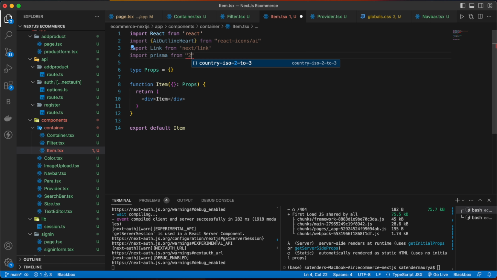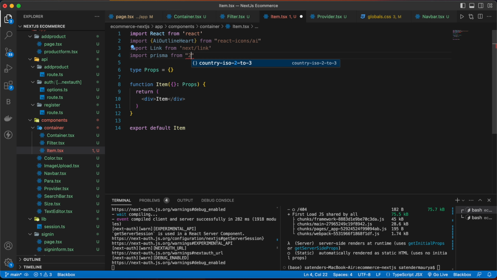So now I have added some more products here on which we are going to apply the filters. So let's go to our project, and here inside the page.tsx add an HR tag, and below that we are going to have our container component. Now let's go inside the component and make that container component.